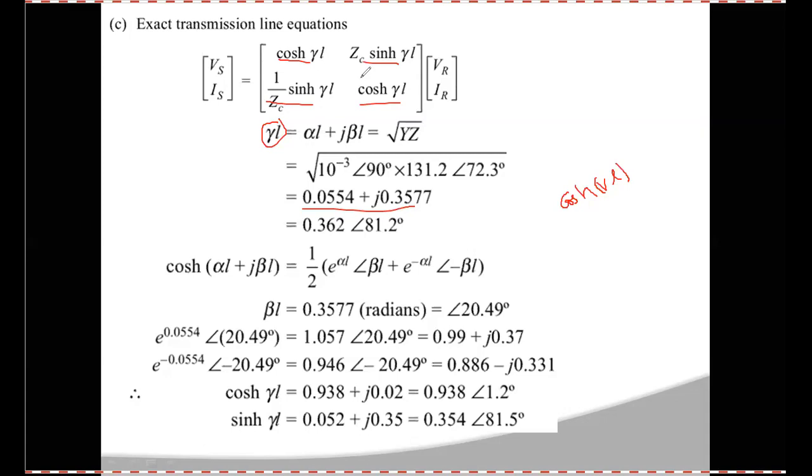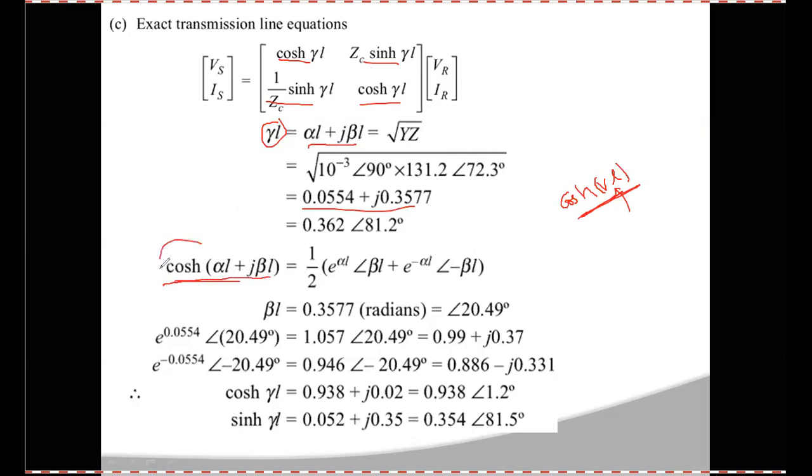Okay, three methods were discussed. Out of those three methods, you can use any method. Let us see. You first calculate cosh αL. In place of αL, you can write αL plus jβL. So cosh of (αL plus jβL) is equal to...